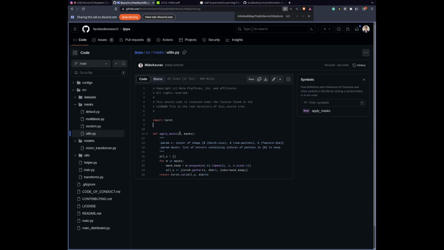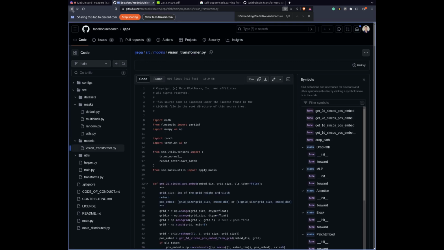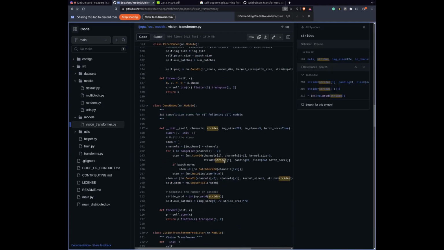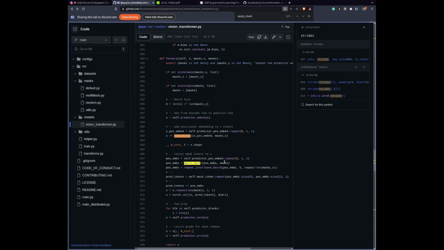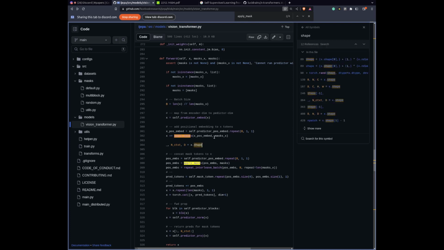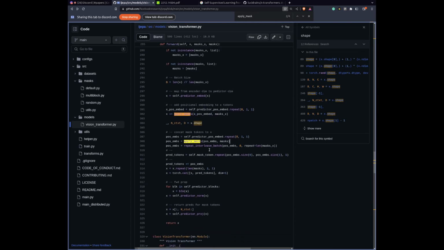Apply mask. We get X and mask. Ah, okay. Apply mask. Oh my god. Okay, so here we are applying the mask to the position embedding. Yes, of course. And then concat mask token to X. Man, I don't really know